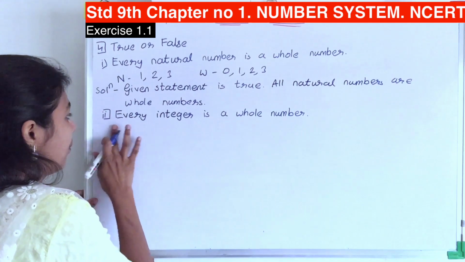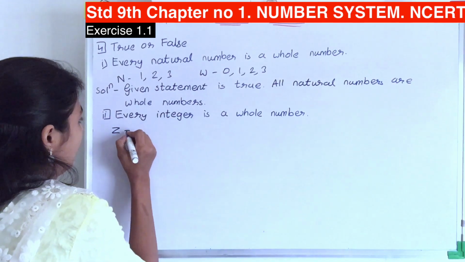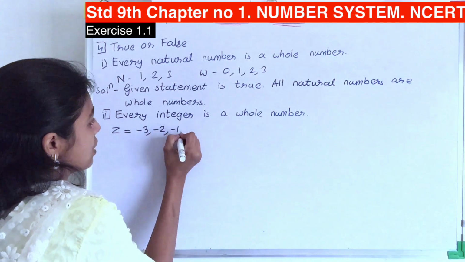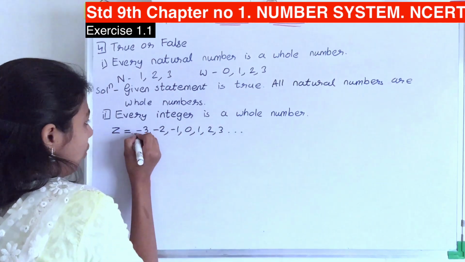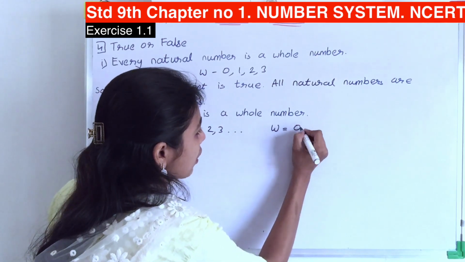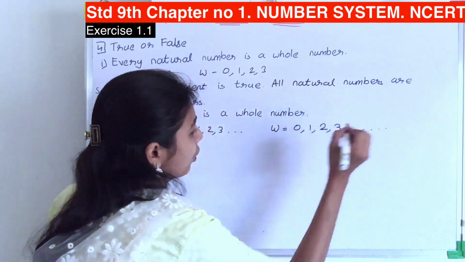Integer is represented by Z, not by I. So numbers in the integers will be -3, -2, -1, 0, 1, 2, 3, ... What about the whole numbers? Whole numbers are 0, 1, 2, 3, 4, ...